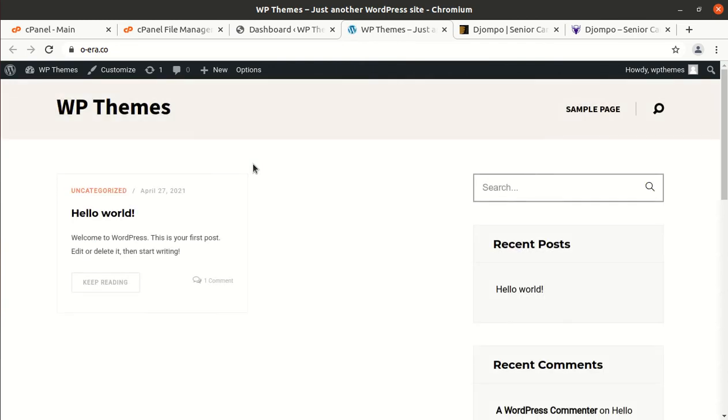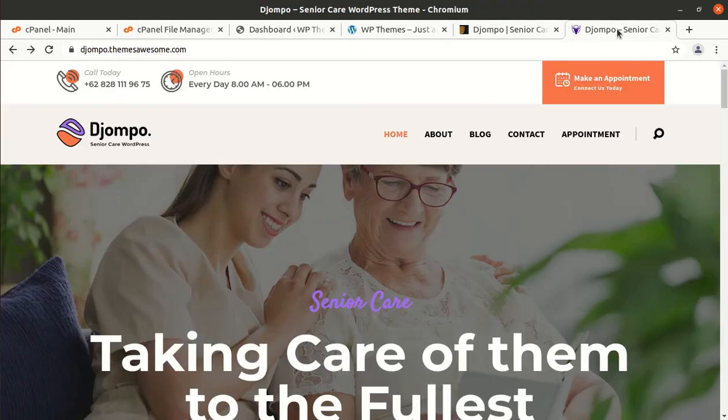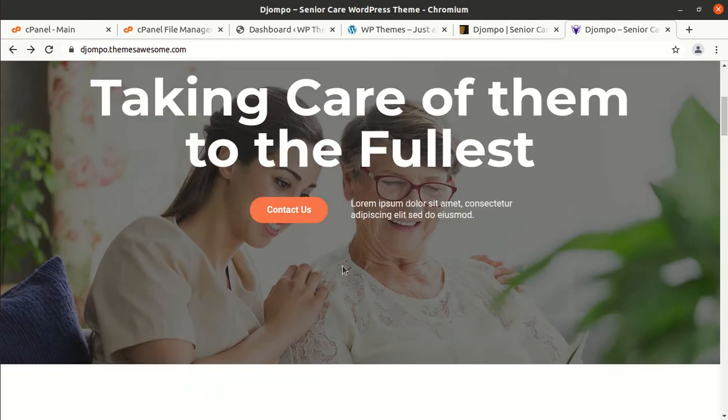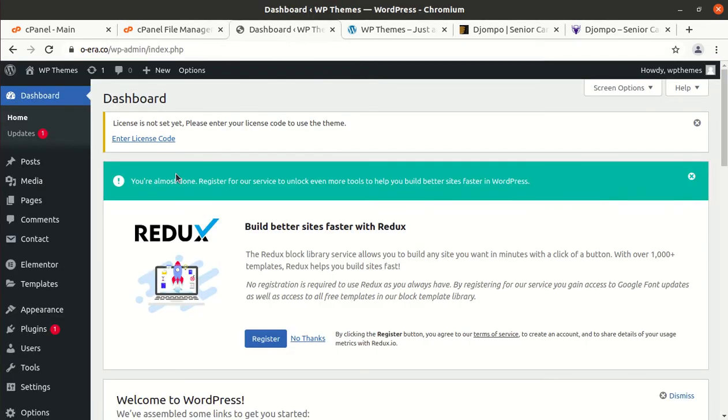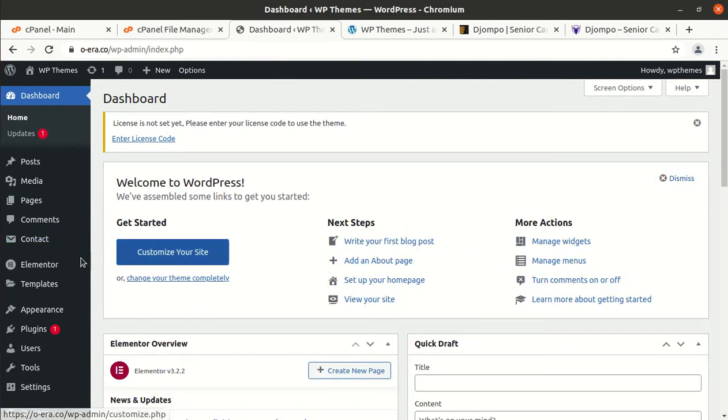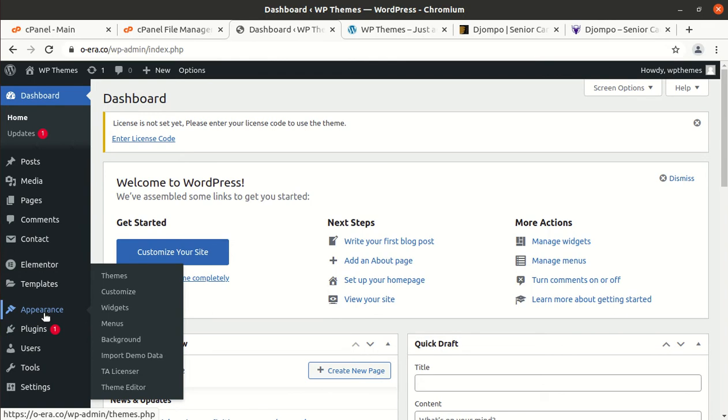And this is the basic look of Zompo WordPress theme website, and of course it is without any demo content. And for making a website like this or second demo, we need to import the demo content so that we may start editing and putting our own original content. So this theme uses one-click demo importer.